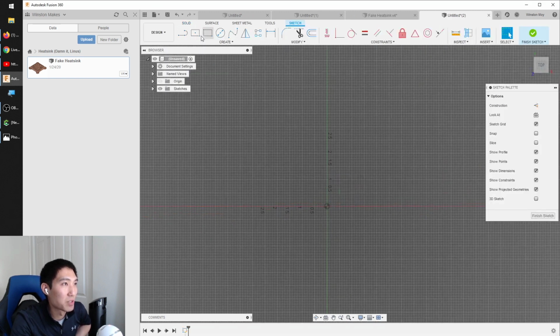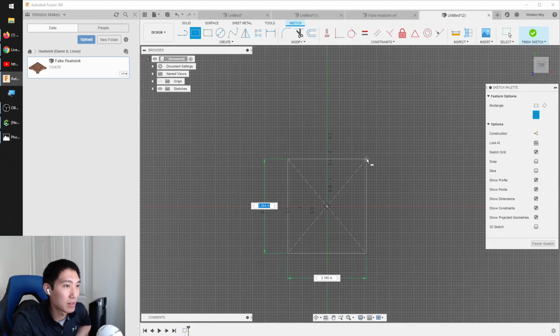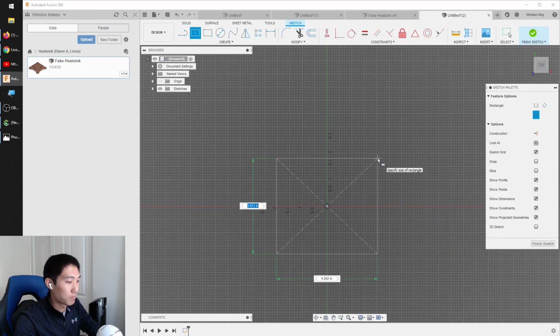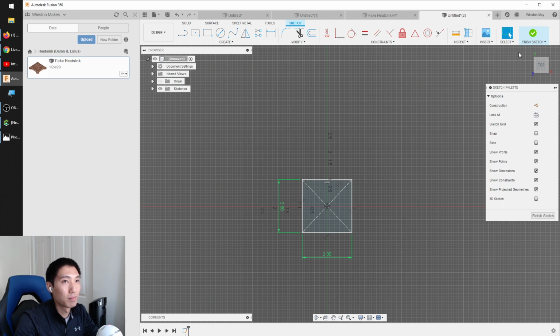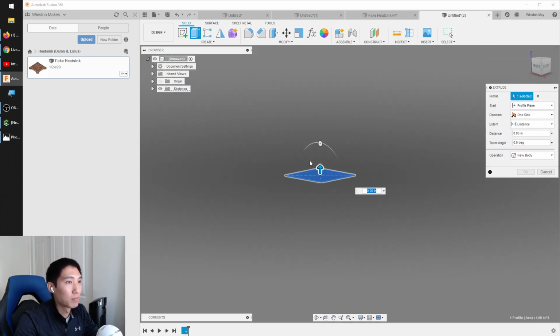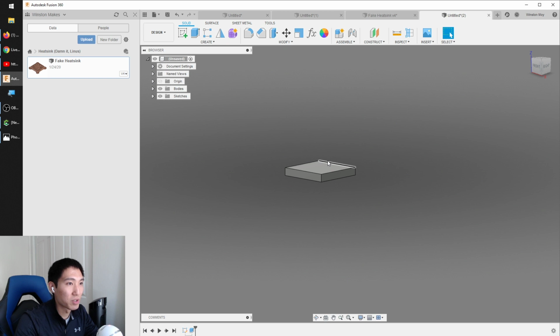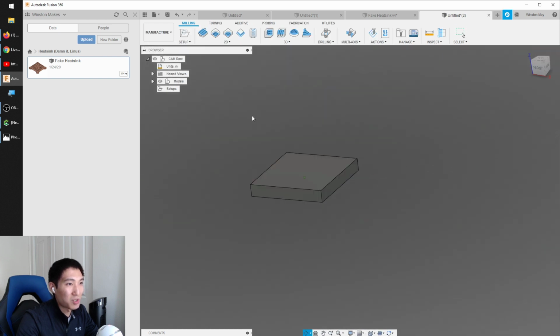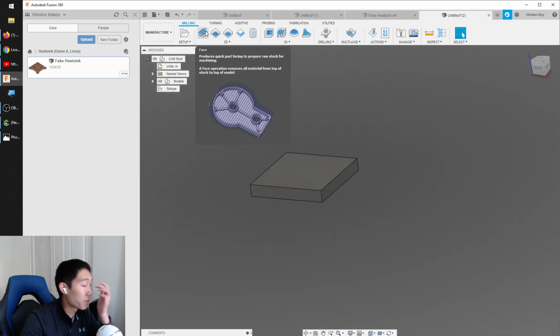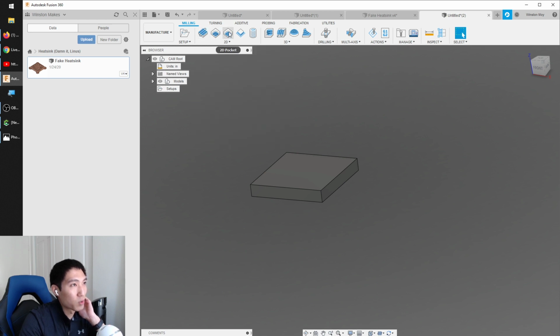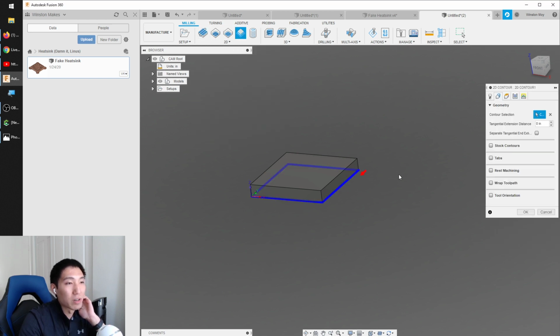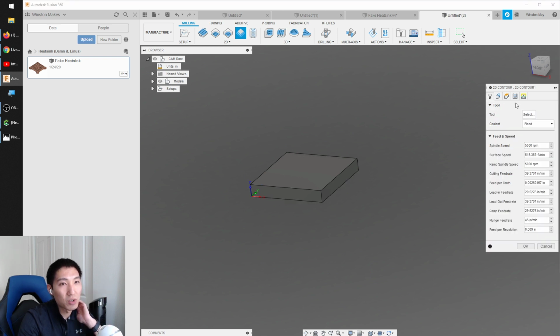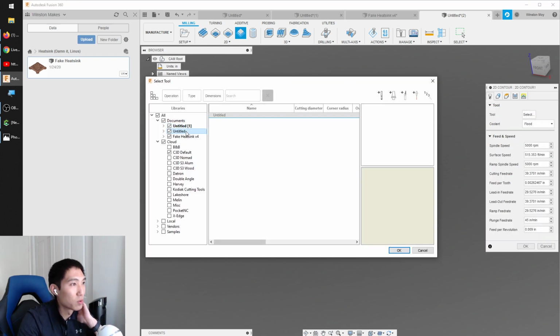If you're making something like this, 0.5 inches, and you're milling it out with a 16th inch tool, it's not going to work. You can machine further out from the contour, but you're never going to be able to pull the end mill right up to that edge. So if I pick my 16th inch tool,